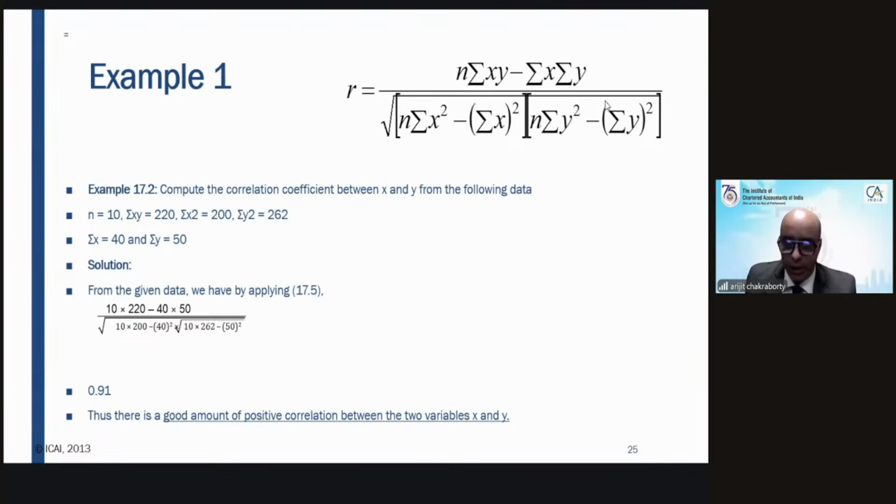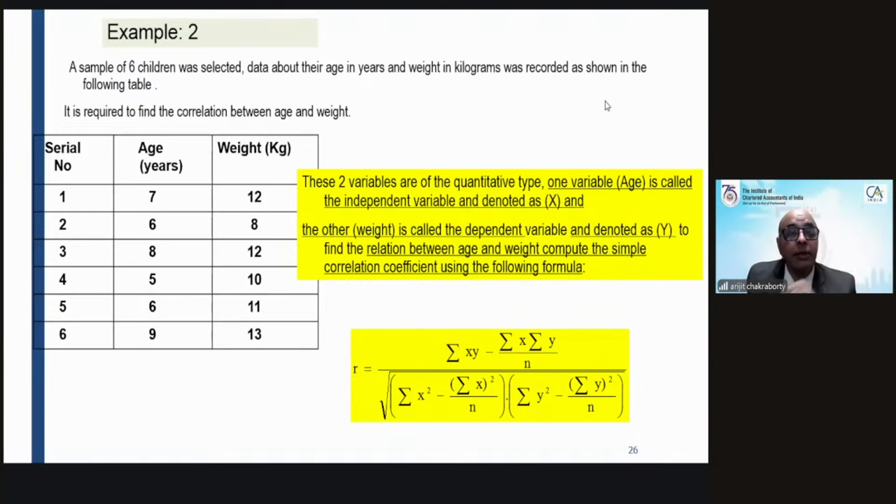यही है in the denominator. Now we see another example, a sample of 6